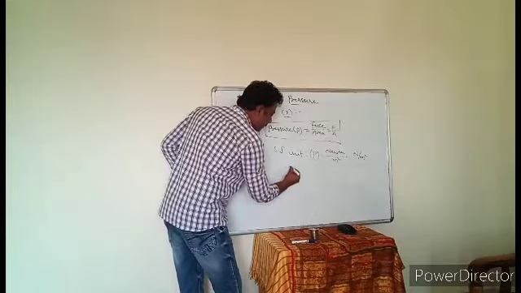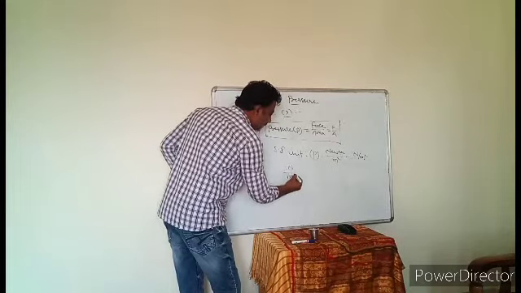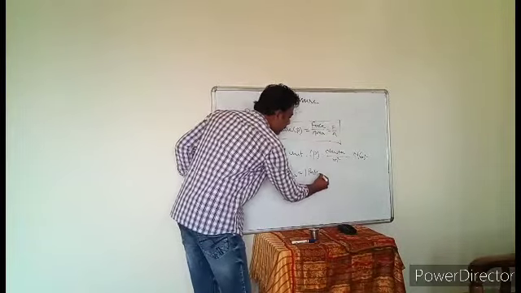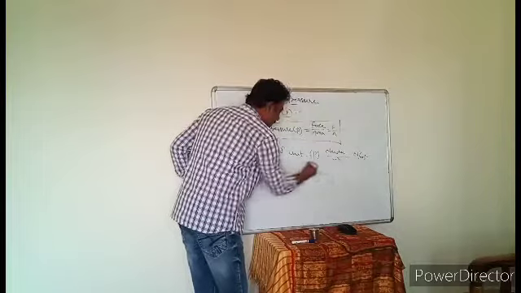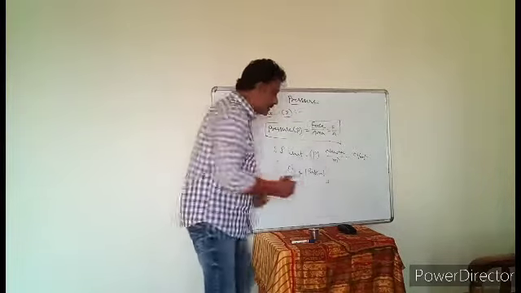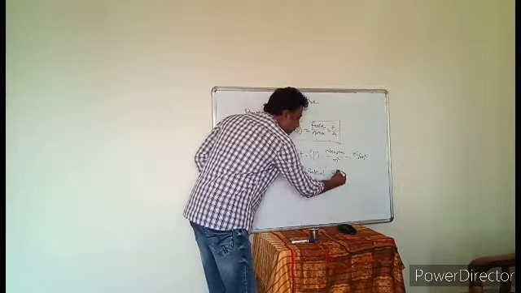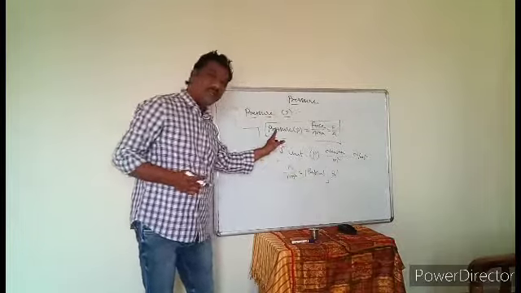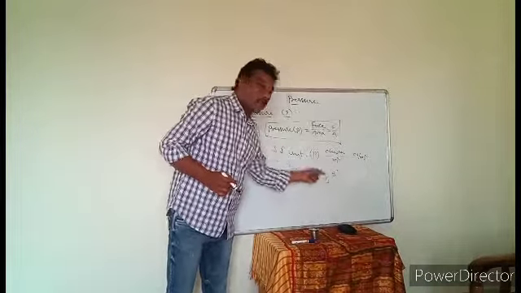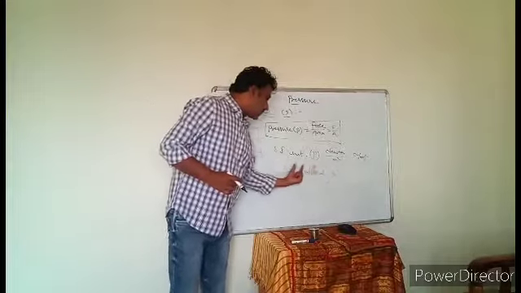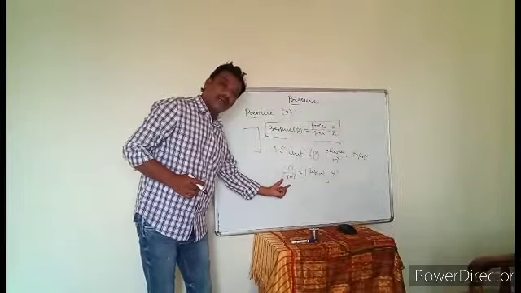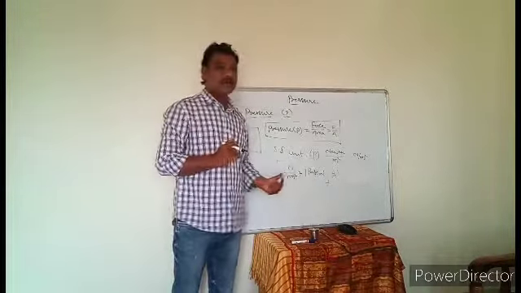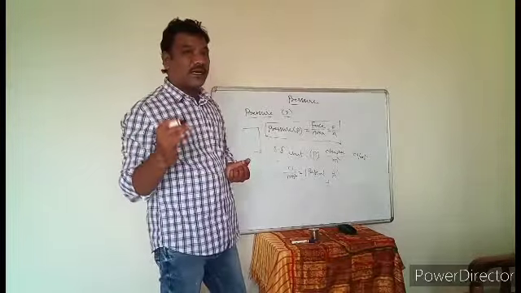Now 1 Newton per 1 square meter is called 1 Pascal. The Pascal is denoted by capital P, small a. Pascal is the actual SI unit of pressure. Pascal is nothing but 1 Newton per 1 square meter area. What is the meaning of this Pascal actually? How can we define 1 Pascal? Now we are defining the 1 Pascal. Let us see it.